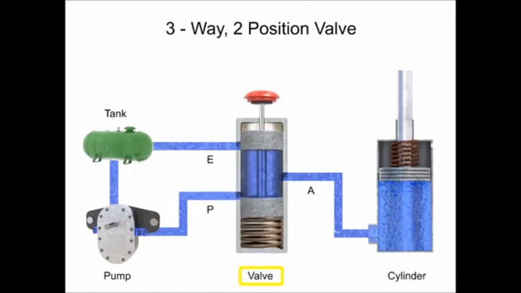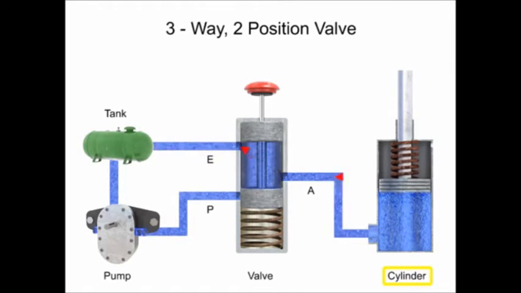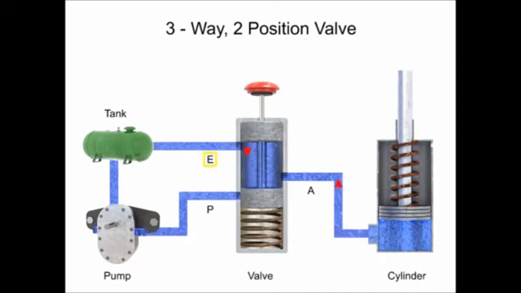When the valve de-energizes, the spool returns to position 1, pressure port P is blocked, and exhaust port E is opened. The cylinder retracts and fluid flows from the cylinder through port A and out exhaust port E. From there, the fluid returns to the